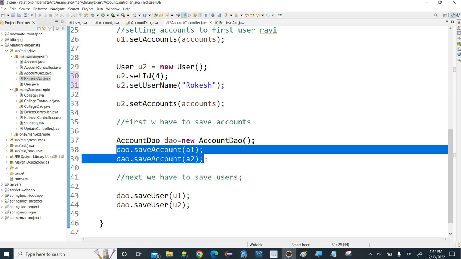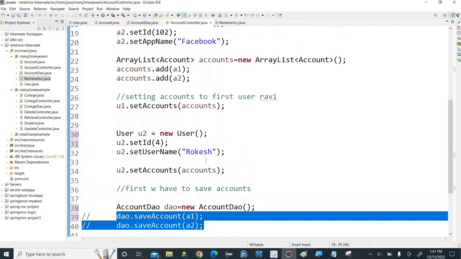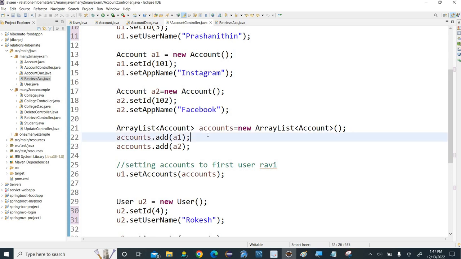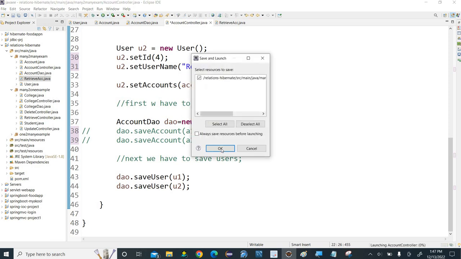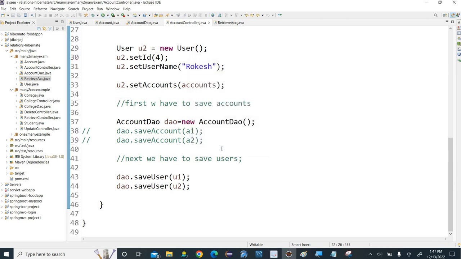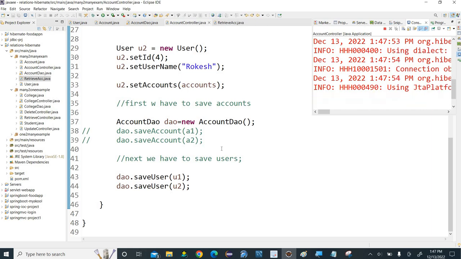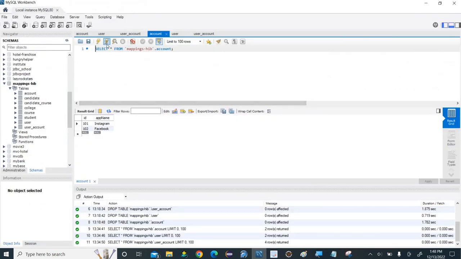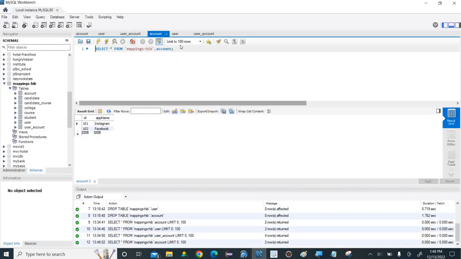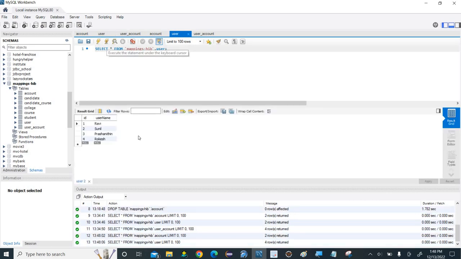So we don't need to save any accounts because Instagram and Facebook are already present inside the database. Okay, let us run this. Right, data is inserted. Now let us go and check inside the database. Accounts will be as it is, users will be increased, Prashant Nitin and Rakesh,